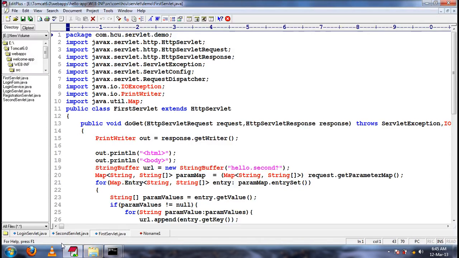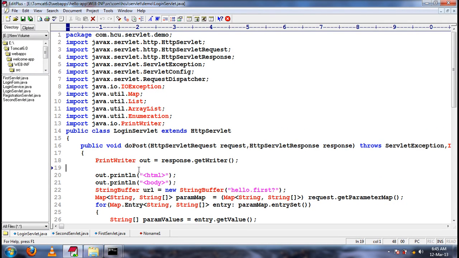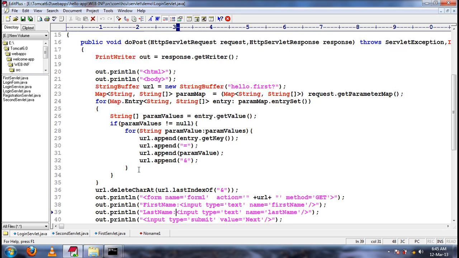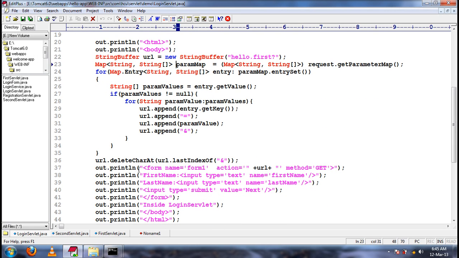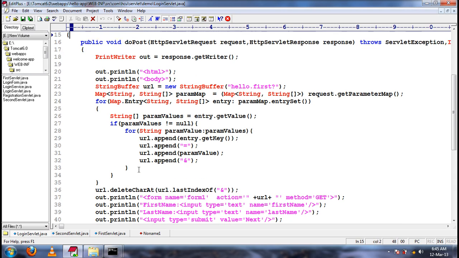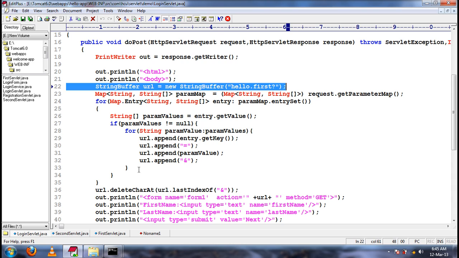For the same application, let me manage the session using cookies. So, let me comment it out.